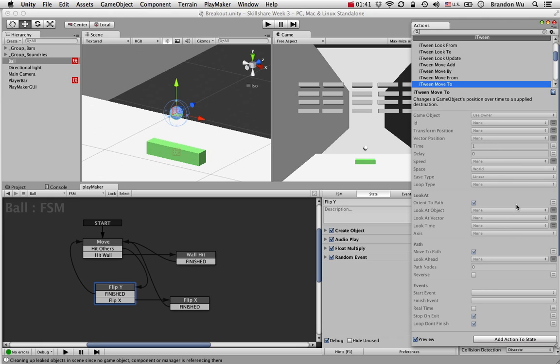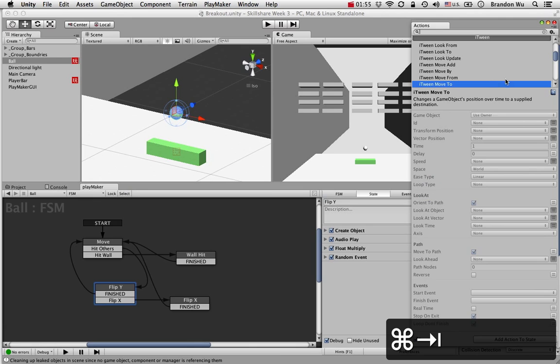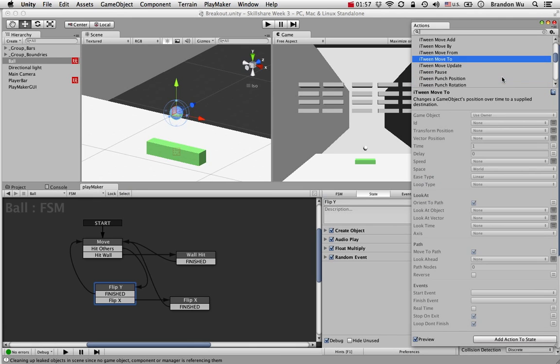It's a really cool tool, a little bit more complicated if you're not familiar with it, but you can always click on the help button, and I think I don't have internet connection all of a sudden, but then you can find out more about iTweens. But for now we're just going to use the shake